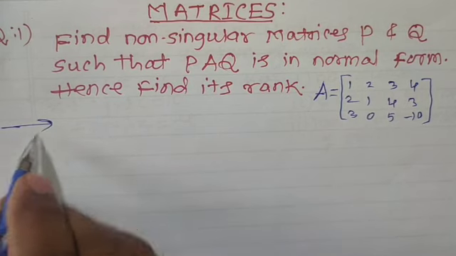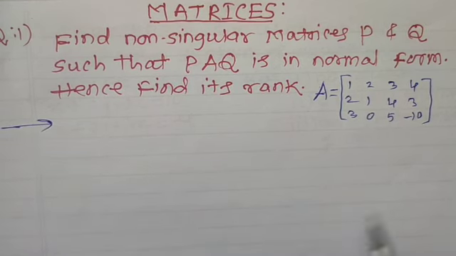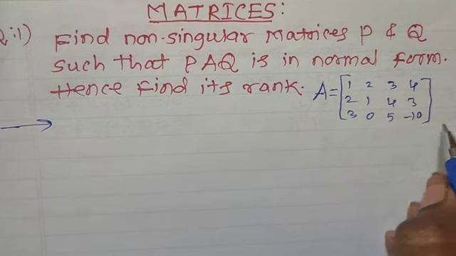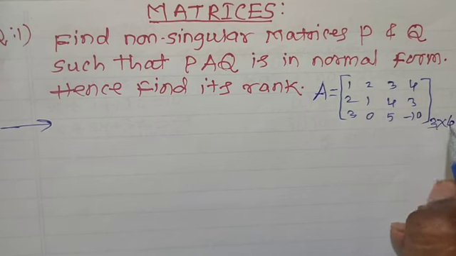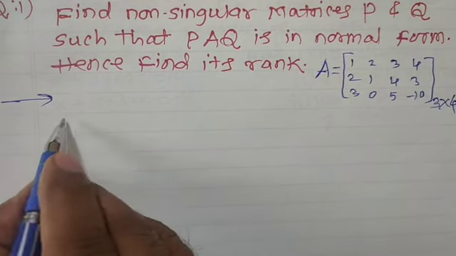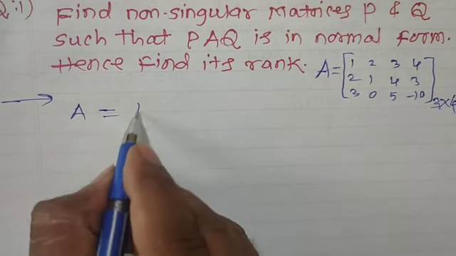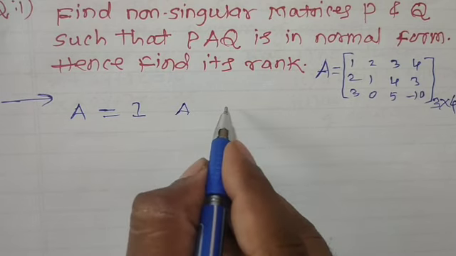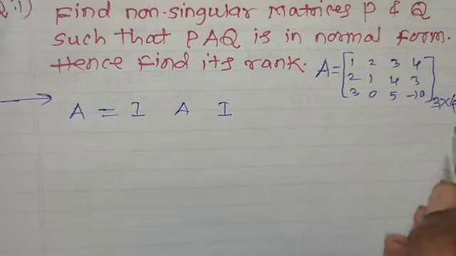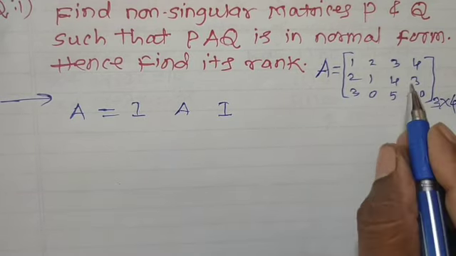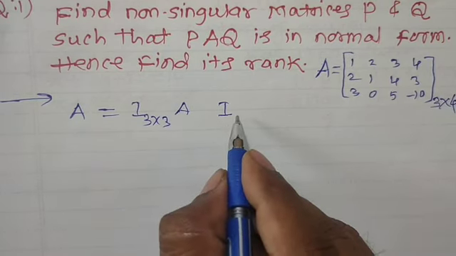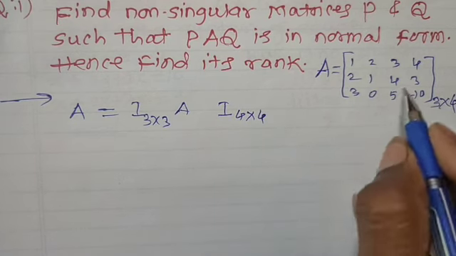Let us solve this PAQ form. Okay, first of all you must know order of this matrix. There are 3 rows and 4 columns, so its order is 3 by 4. Now express matrix A like this. A is equal to identity matrix I, A, identity matrix I. But this matrix will be of order 3 by 3 because of number of rows in given matrix. So 3 by 3, and this matrix will be of order 4 by 4 because there are 4 columns in